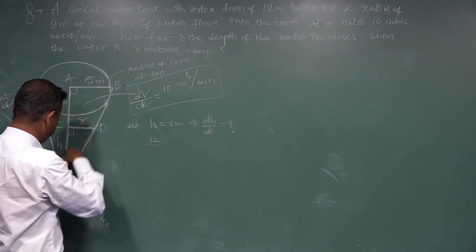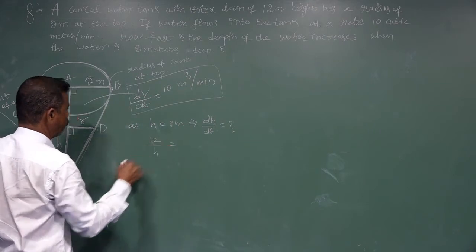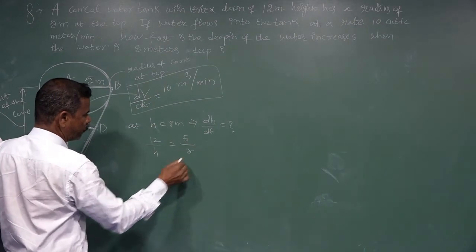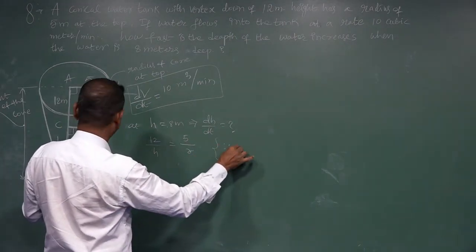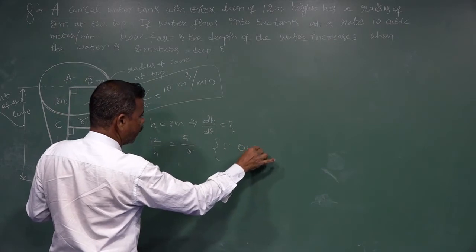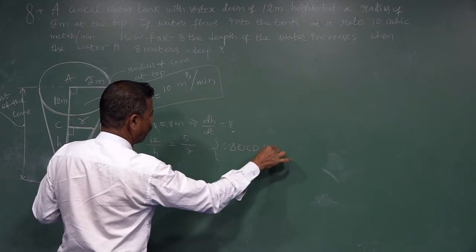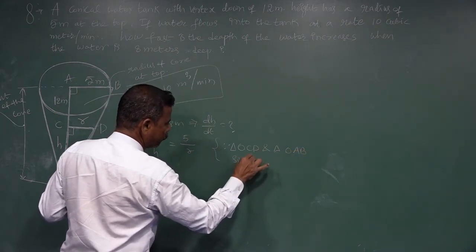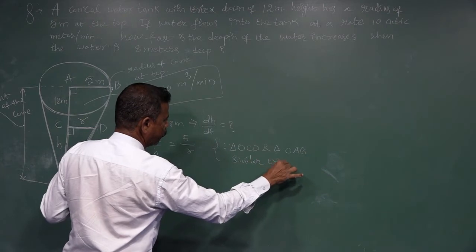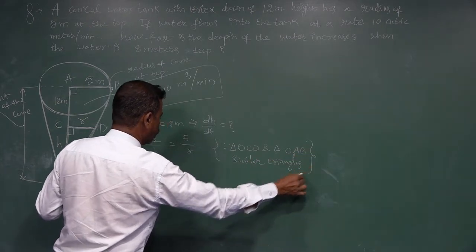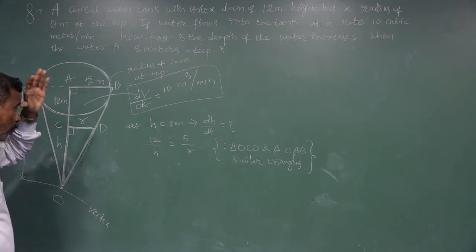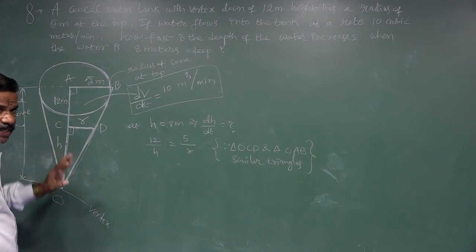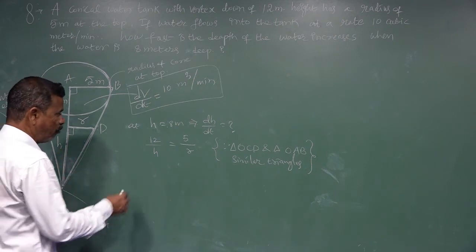So that's why the relation is: total length 12 meters by this height h, 12 by h, and radius 5 by this radius r. Triangle OCD and triangle OAB are similar triangles. That's why these ratios are equal: total by this, radius by this radius. That is the similar triangles condition. From this,